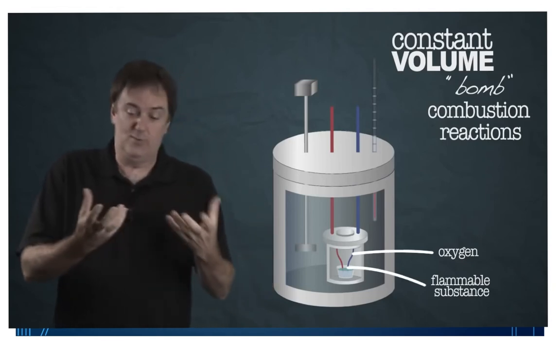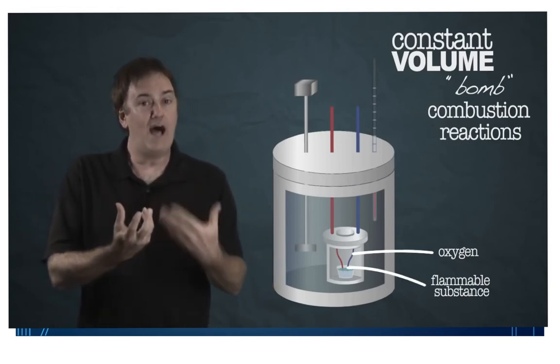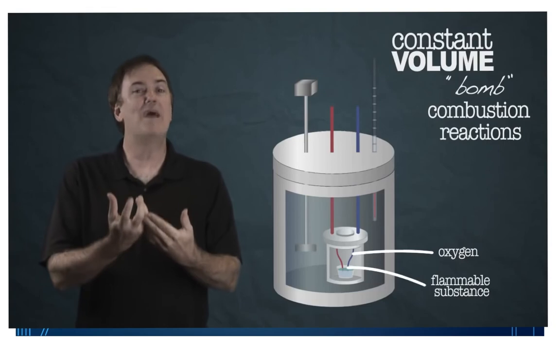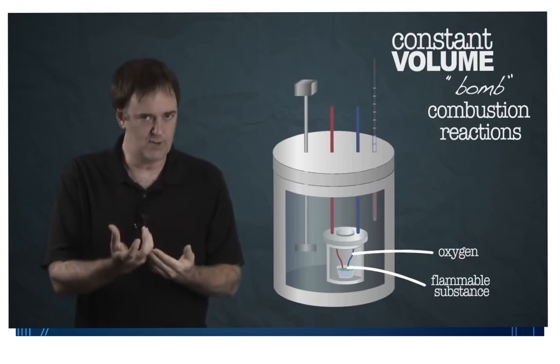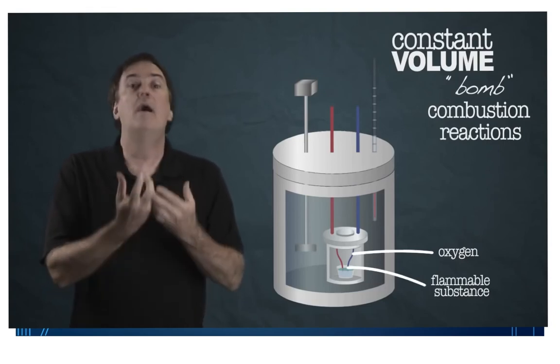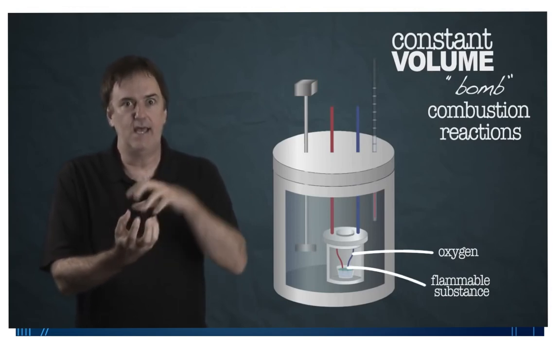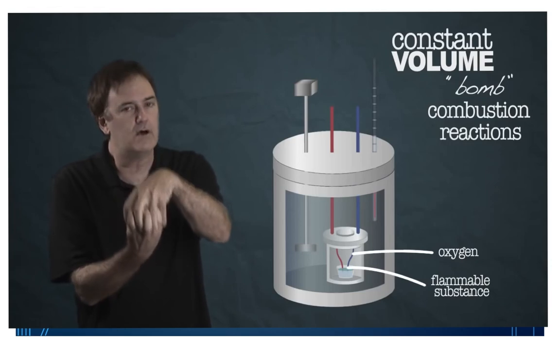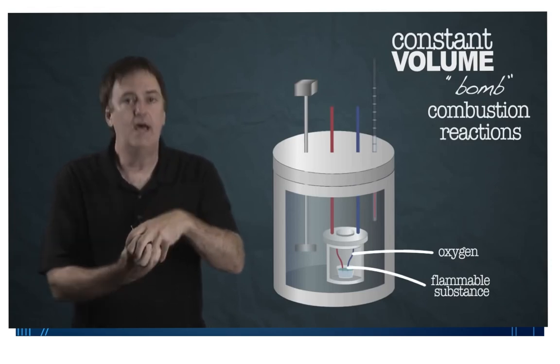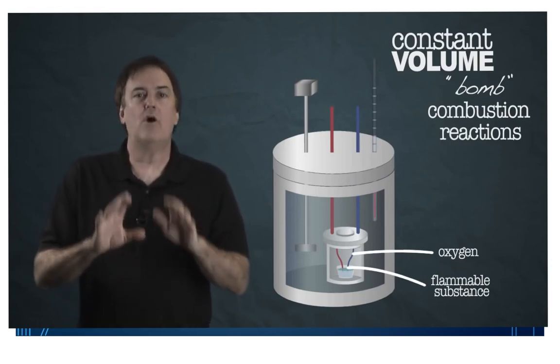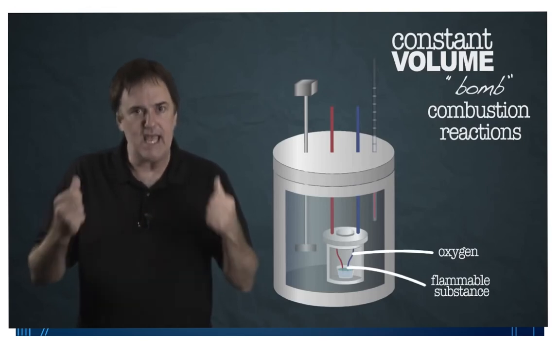Technically, that's what you do when you make a bomb. Now, for us, we don't want it to explode, so we make sure we don't use enough material to blow the thing to bits. But we do use enough to make it get really hot inside, but the volume is set. So because the volume can't change, there's no work done,